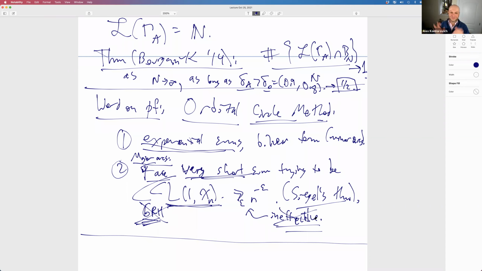And so these were some new ingredients that I hadn't seen before in the circle method in general, that as far as I know only arise in this orbital setting. So, okay, if that didn't make any sense, I'm done, and thank you for your time. Let's thank Alex for a lovely talk. So Alex,